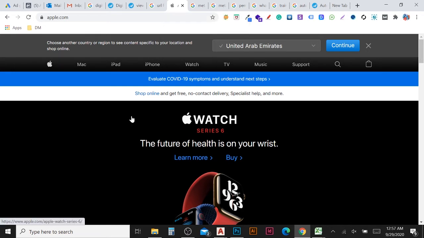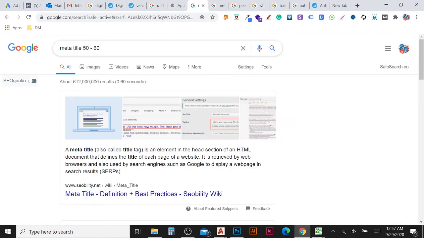Normally when the programmers create a website and publish it, they will put only the company name, like that. It will not work. If you want to rank your website on Google or any search engine, we really need to work on on-page optimization. This is one of the meta tags. It's the meta title. So 50 to 60 characters should be there.